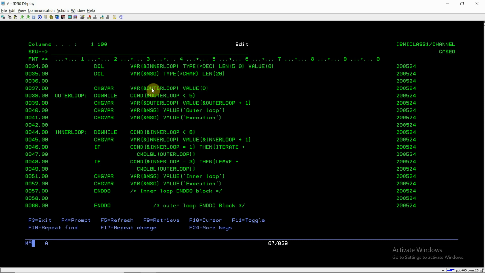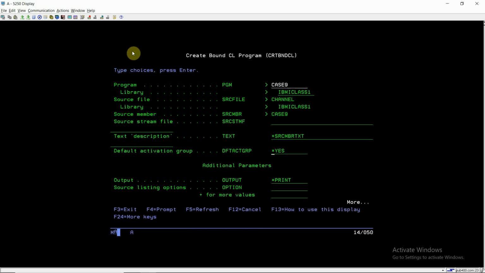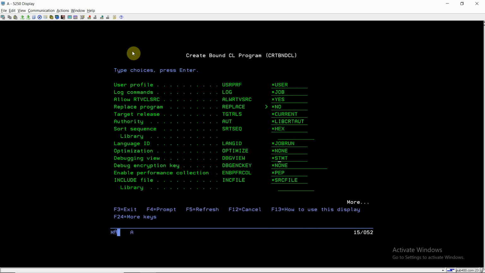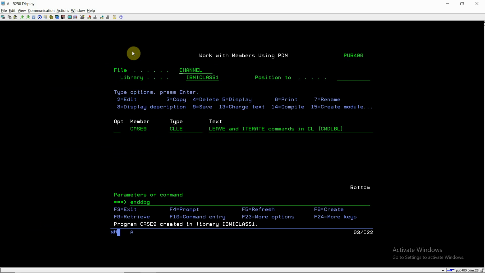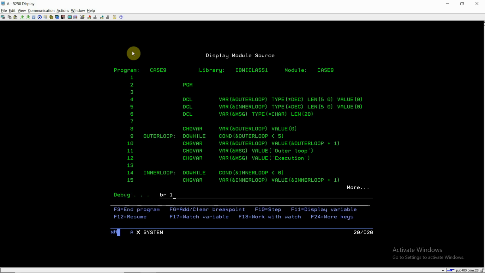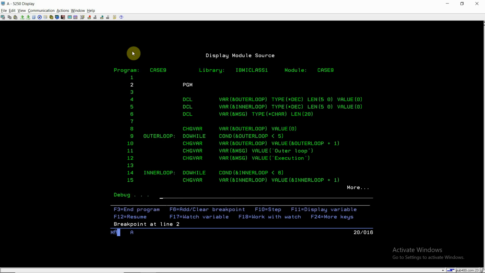So if I file save this, recompile this program and debug this program, we'll put the breakpoint at line number 1 and call the program, call case 9.